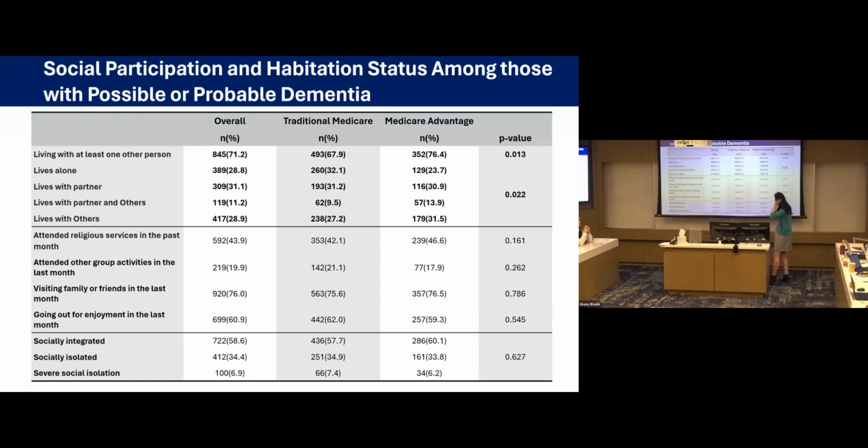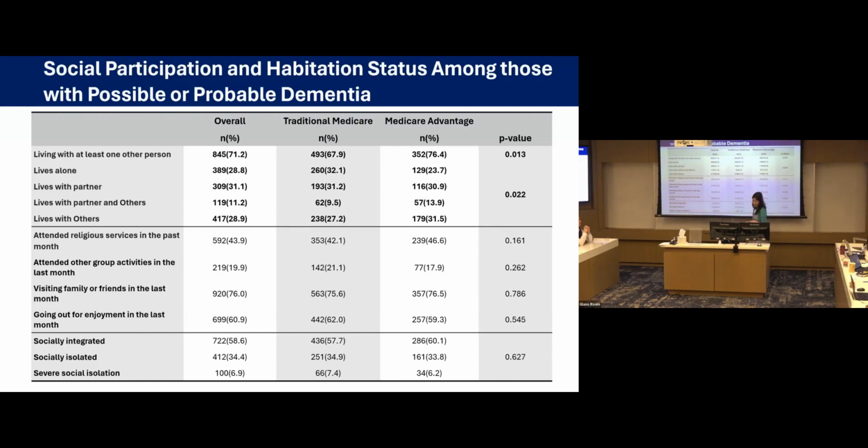And what we see is that, interestingly, for those who are living in Medicare Advantage, there does seem to be a trend that they're living with other people. I don't have it up here, but when I was looking at what gets bucketed in there, it does seem that they tend to live with adult children more. So this might be a population that's, for some reason, moving together, cohabitating with other people, maybe suggesting that there's a little bit more of a social support system in place for them.